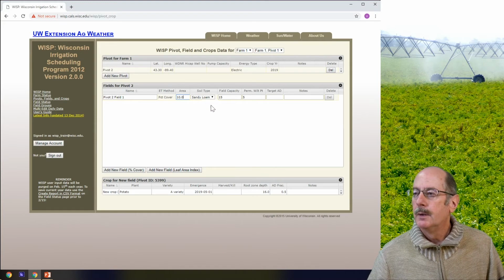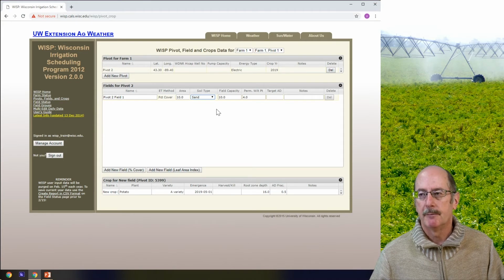And then you can also select your majority soil type. What this does, by selecting different soil type values, is adjust the field capacity and permanent wilt point of the soils in that field. You can also use the web soil survey to get this information, but the model does have these default values that you can use if you wish, or if you don't want to use the web soil survey.